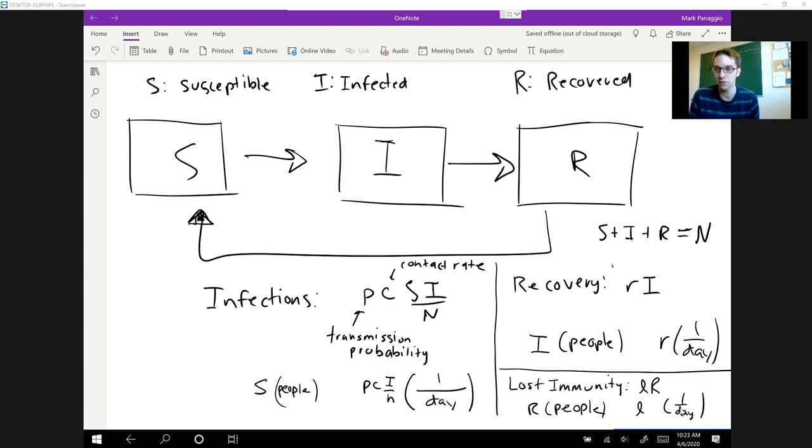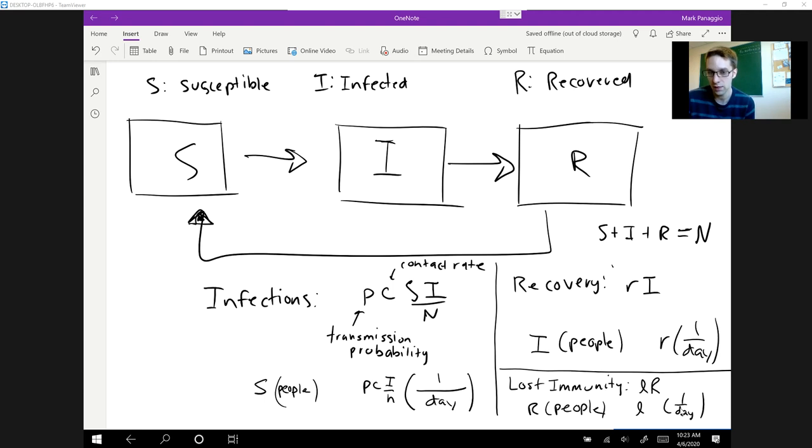And so you could imagine flipping S coins, one for each susceptible person, where each coin has a probability of coming up heads, meaning you get sick, with probability P times C times I over N. Then we would have, on average, the appropriate number of people getting sick, but we'd have some probability of more sickness and some probability of less. And you could do the same thing for recoveries. Again, you could imagine flipping a coin for each infected person, where the probability that you get better is R. And if you do that, you'll see that on average, R times I people get better on each given day, but again, sometimes more, sometimes less.